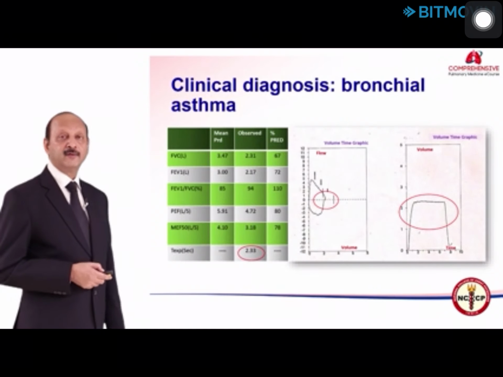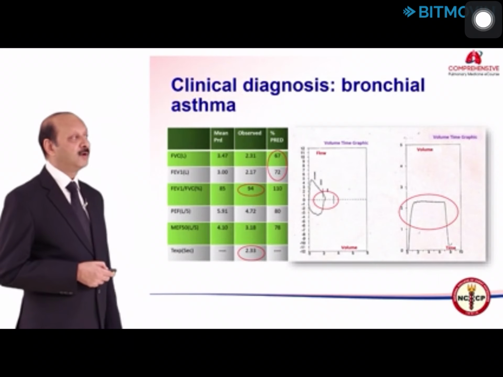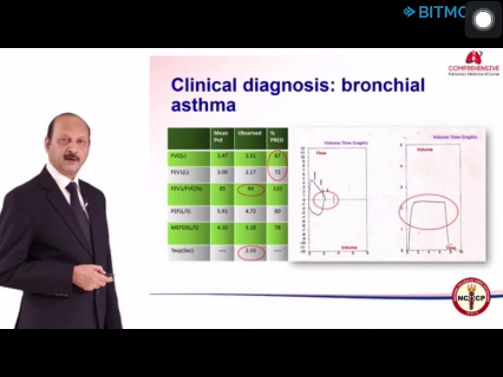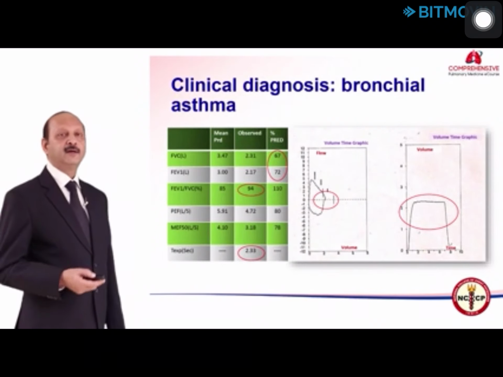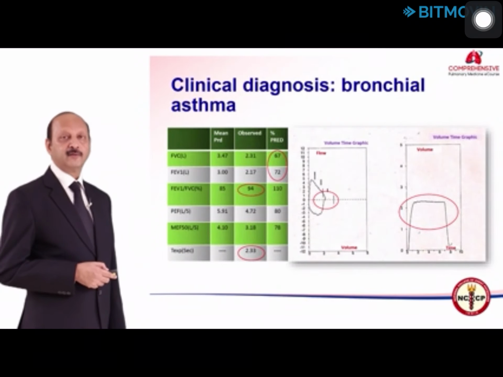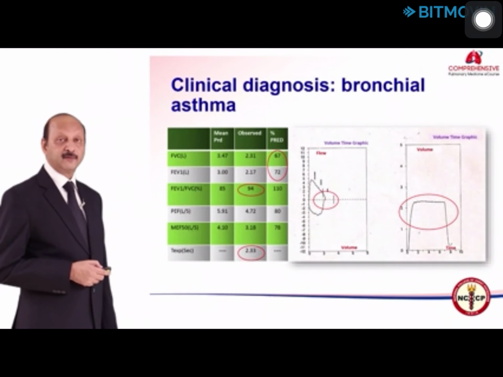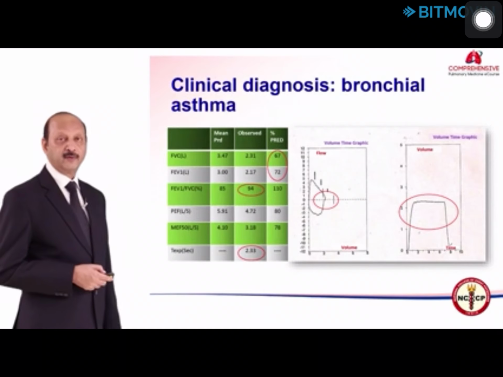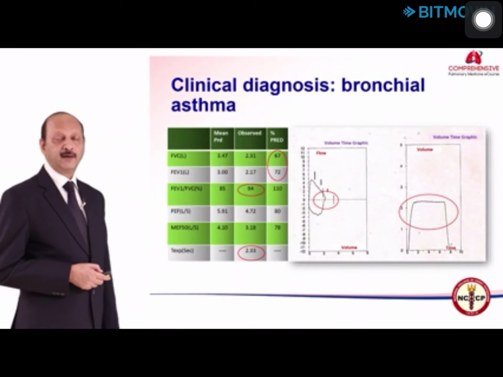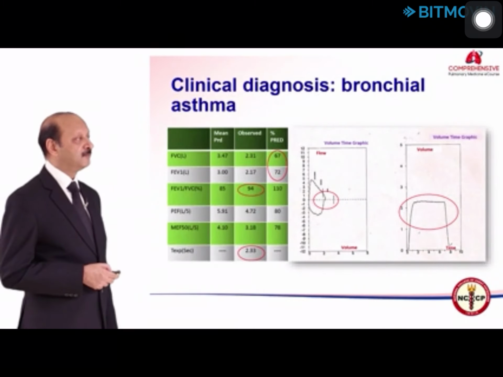So, in obstructive airway disease, if the patient exhales for only 2 seconds, what will happen? The vital capacity will be reduced, as I just showed you. FEV1 will be reduced, both are reduced and the ratio is normal, indicating the person has restrictive lung disease. So, in case you do not look at the curve, and do not ensure the patient has exhaled fully, you will have these kinds of results. This asthma will be labeled as restrictive lung disease by the laboratory.